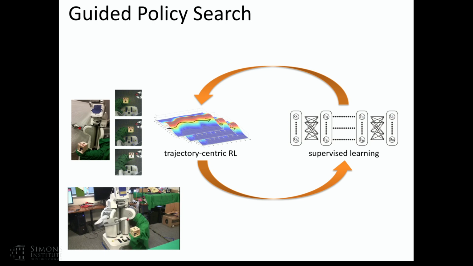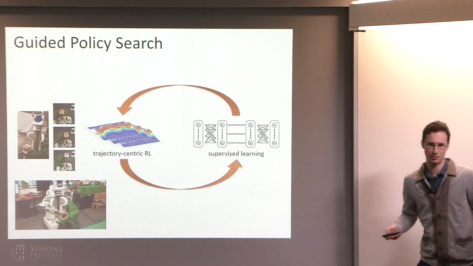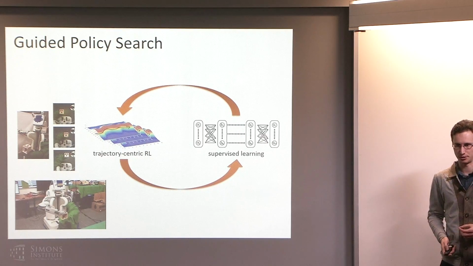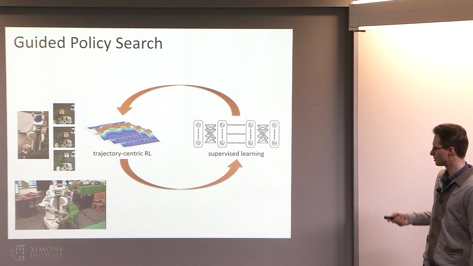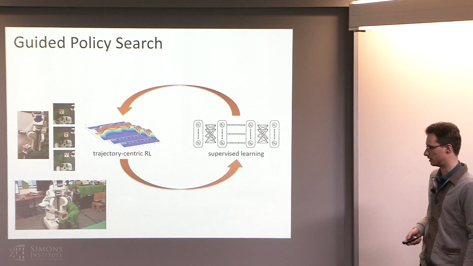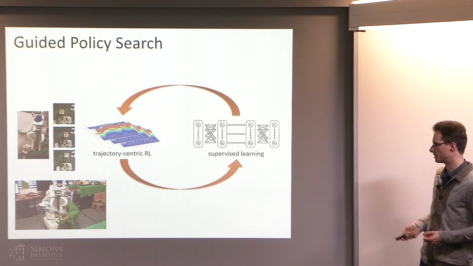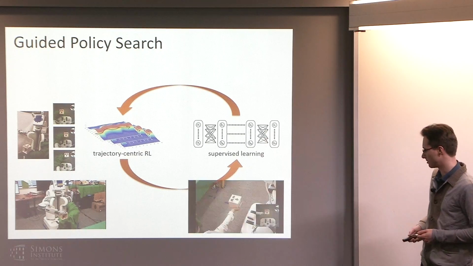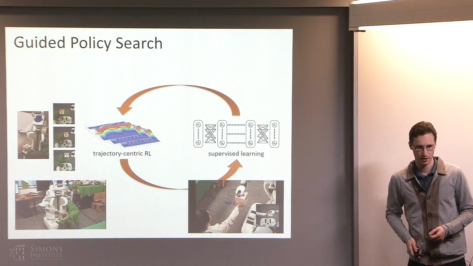And then you repeat the process because you need to do this through this dual gradient descent procedure. So you increment the dual variables and then go in and re-optimize your trajectories. So intuitively what's happening here is that the trajectories are being modified to get better cost and to come closer to what the neural net policy is trying to do. And the policy is just repeatedly trying to follow the trajectory optimization procedure. So this thing, the trajectory-centric RL or trajectory optimization, is just trying to solve the actual control problem, and this thing is trying to generalize. And because it's trained using the observations rather than the states, we can do something like have a person then hold the shape sorting cube, and if we run the neural net, it can just use the images and figure out where it is and perform the task.